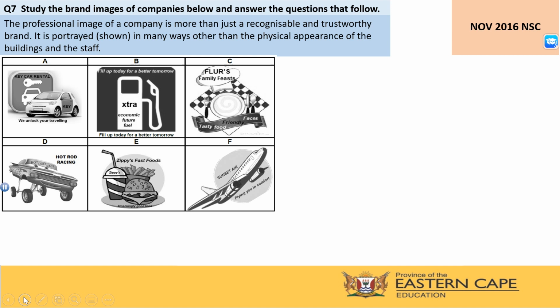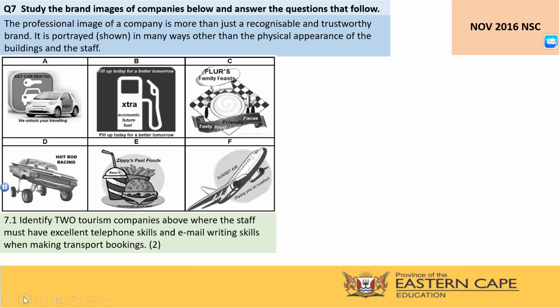B is a fuel company or a fuel station. C is Fleur's Family Feasts. D is Hot Rod Racing. E, Zippy's Fast Foods. And F is Sunset Air. Now let's take a look at the question that is posed here. Identify 2 tourism companies above where the staff must have excellent telephone skills and email writing skills when making transport bookings. Now, before we even try and answer this question, I want to focus and I want to zoom in